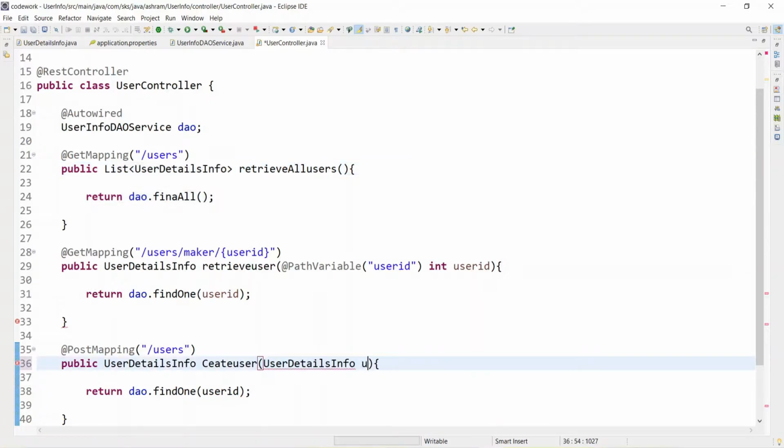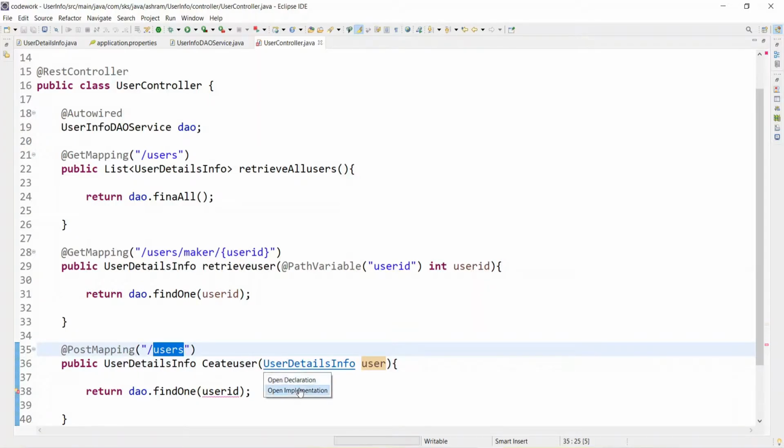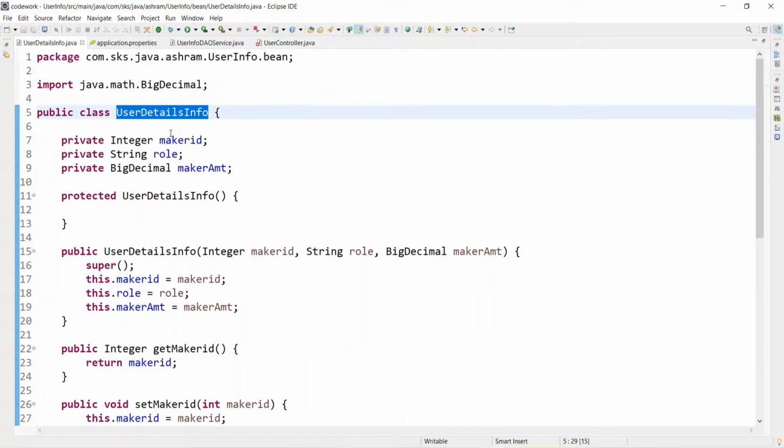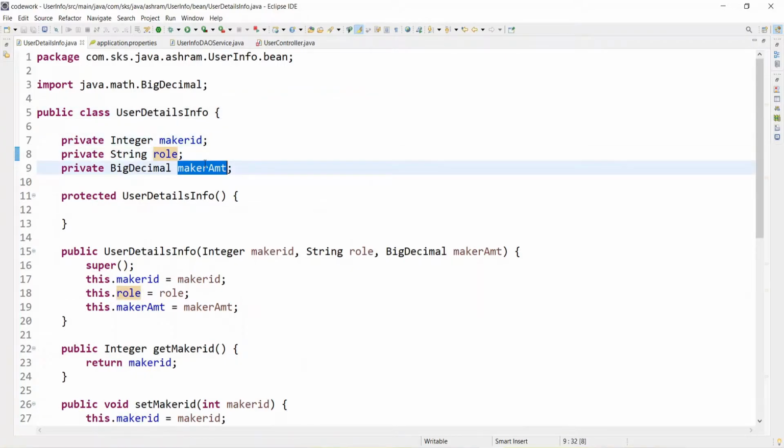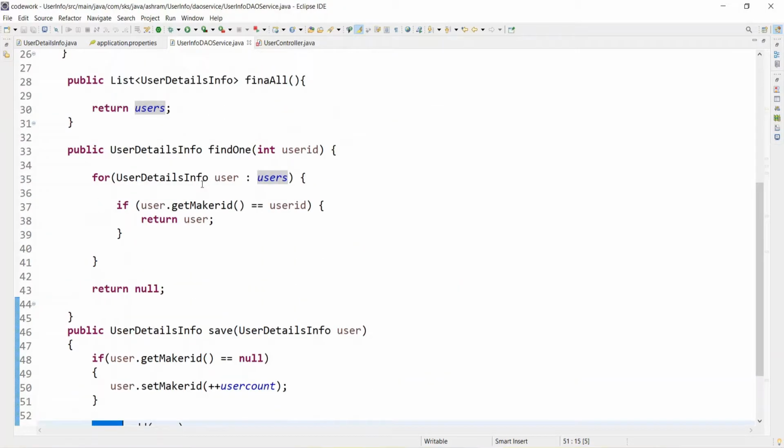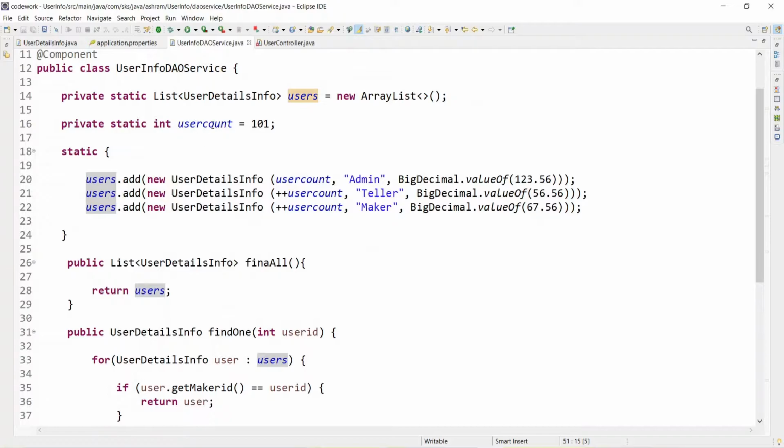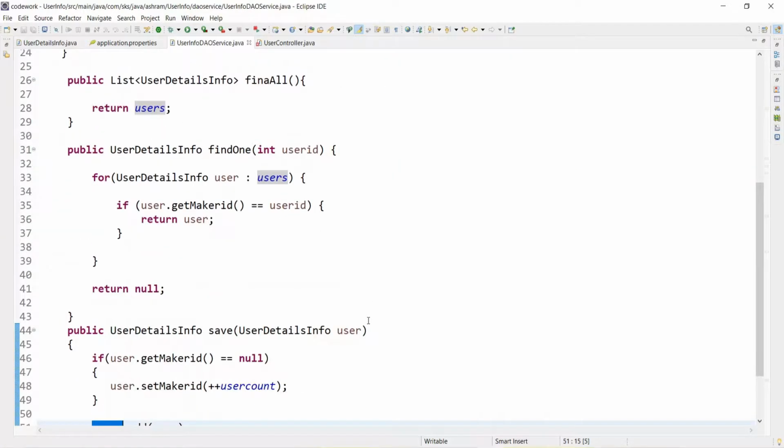Instead of path variable, we will have to store all the information in our user details info bean. From the client location we will be calling this API with all the details, the maker id, role, and maker amount. But the maker id we will not be sending, because we are generating it from the DAO service itself, from the user count, incrementing it.